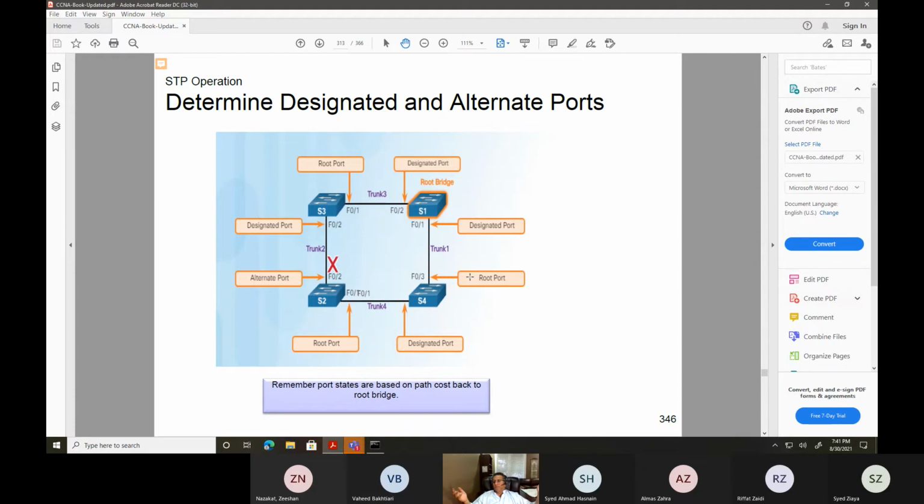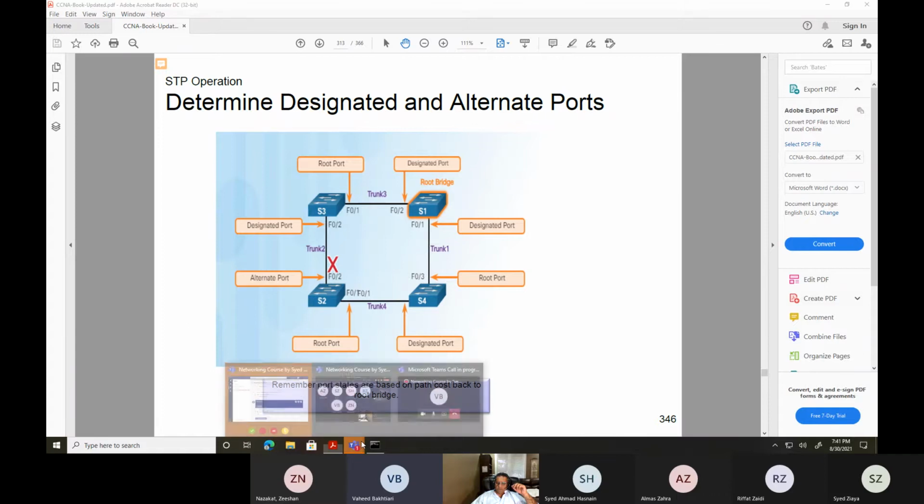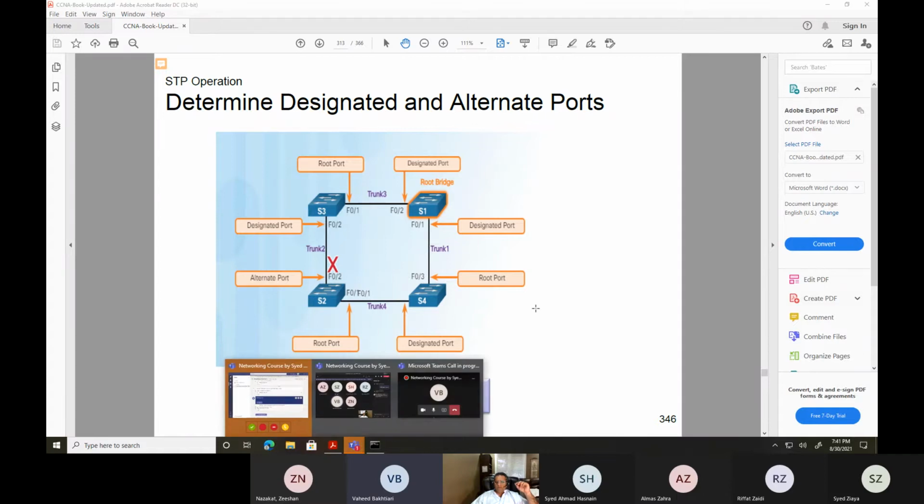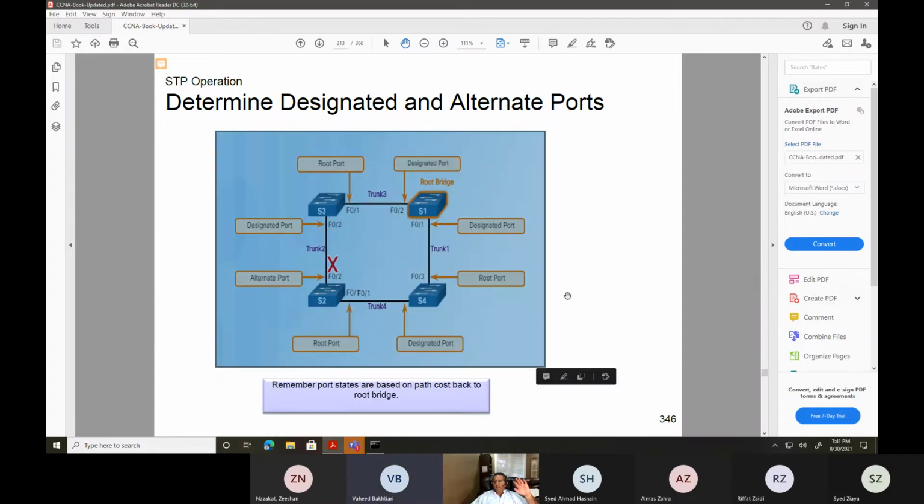It all depends how you want to design it. Every design is different.